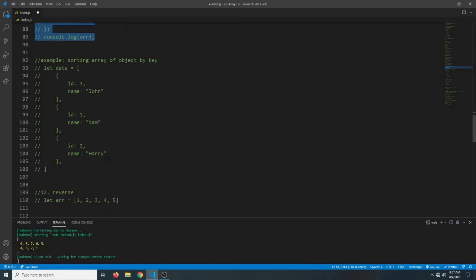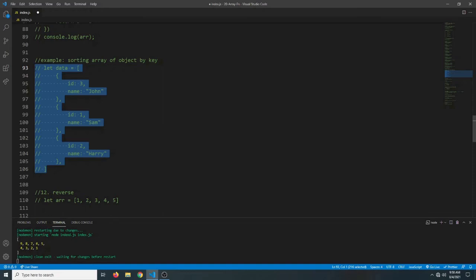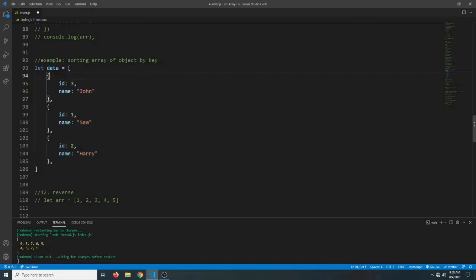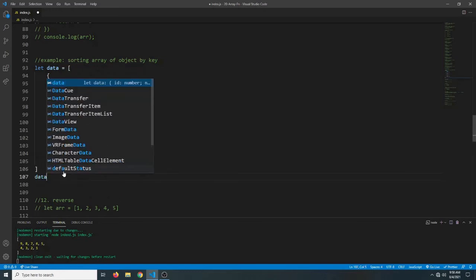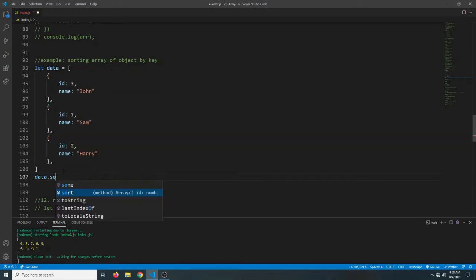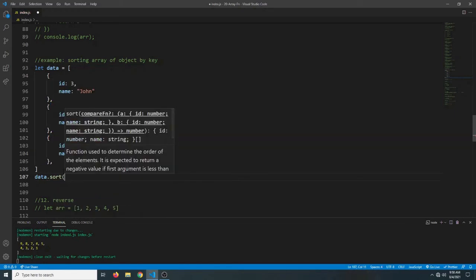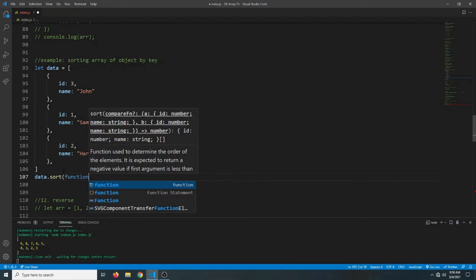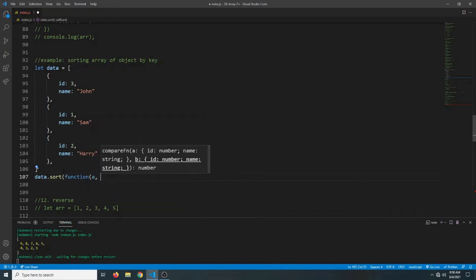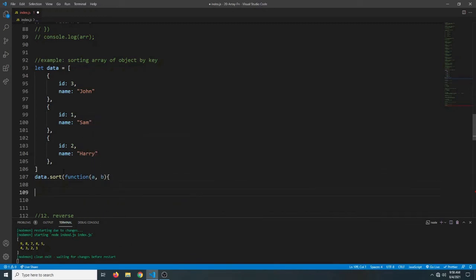Another thing we can do is sort an array by a key of an object. So let's see how this would work. We have data that has an array of objects like so, and we want to sort the array based on the ID. How do we do that? We're simply gonna say data dot sort and here we're simply gonna return.